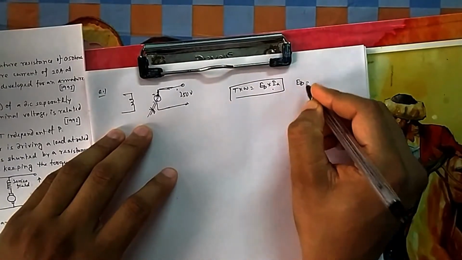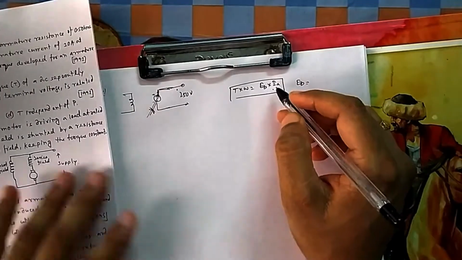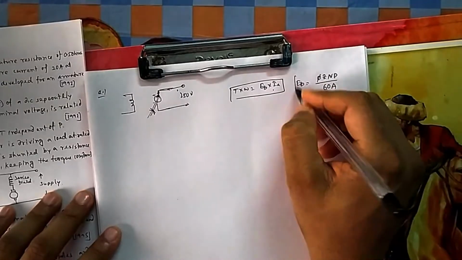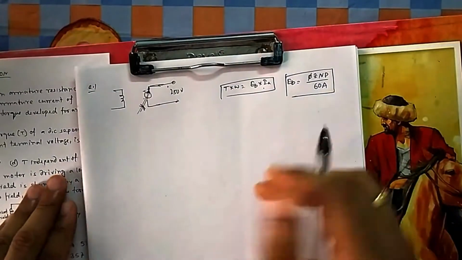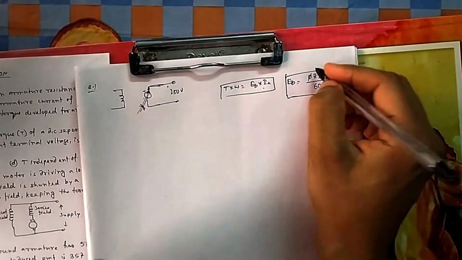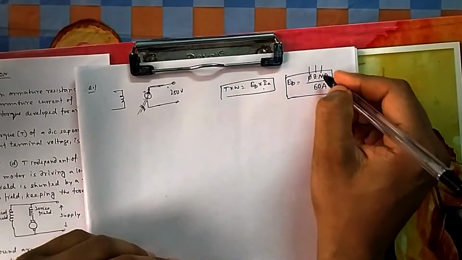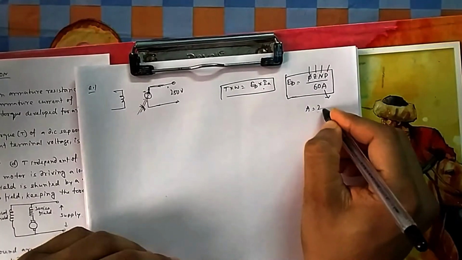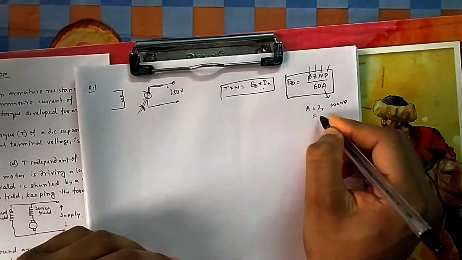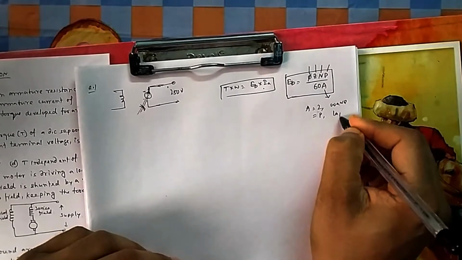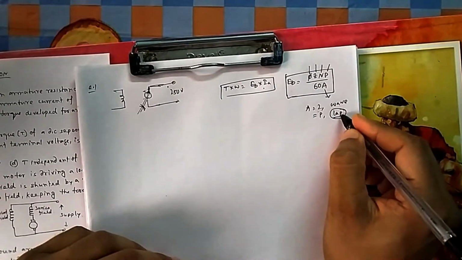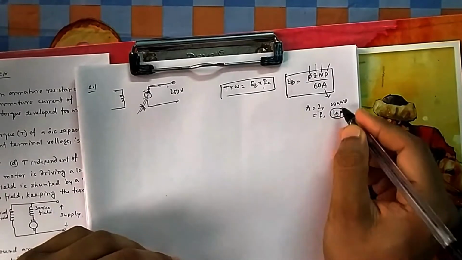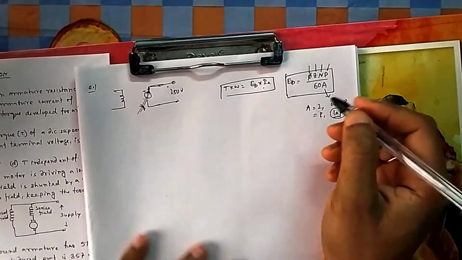And also another one, EB equal to, what is this back EMF, how much EMF will be generated, that is phi Z N P by 60A. So this is also another most useful formula for your DC machine. You remember this one: phi is your flux, Z is your number of conductors, N is speed in RPM, P is the number of poles, A is the number of parallel paths, which is equal to 2 if it is a wave connection, and it is equal to P, the number of poles, if it is a lap. How to remember this one? We used to remember in this way: lap means it is ending with P, P means pole. So lap is P and then obviously wave is 2. So you can remember in this way.